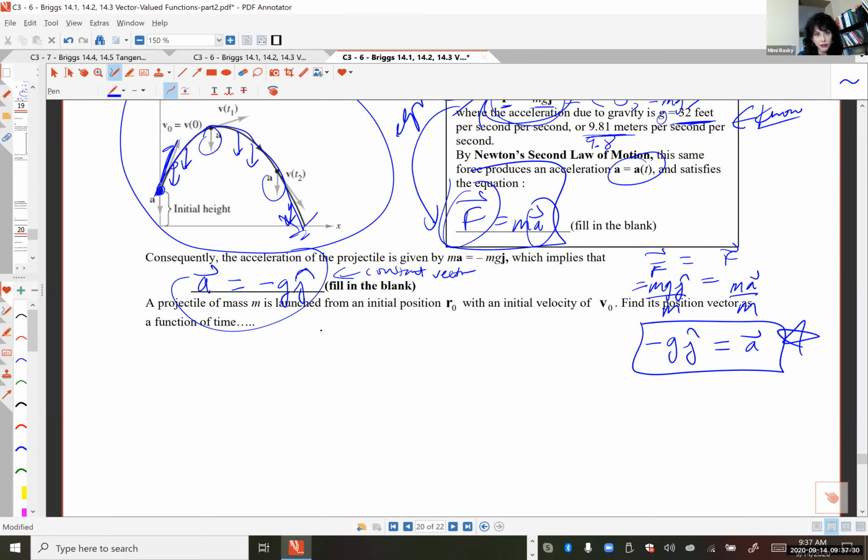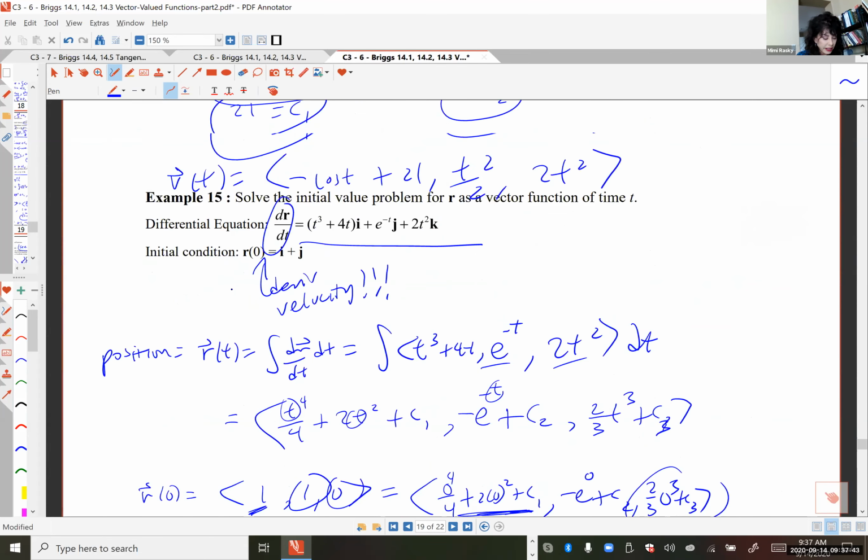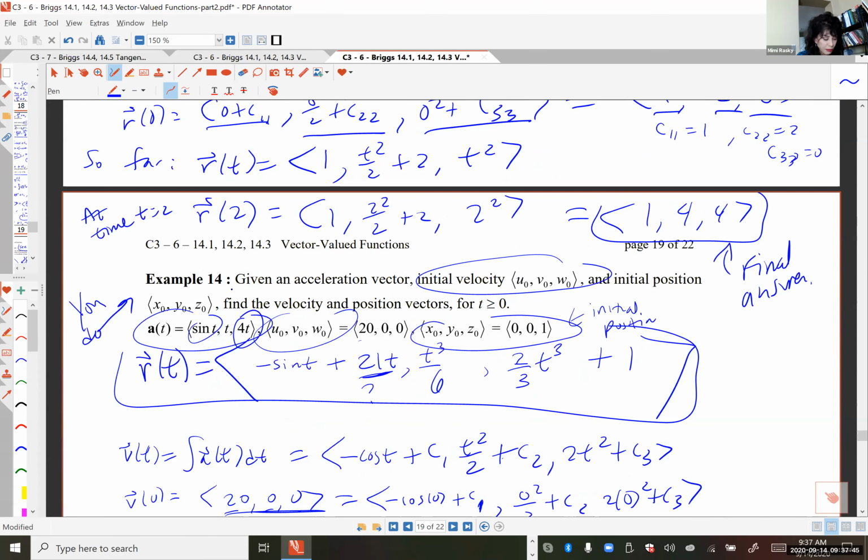And it's going to be a vector valued function. I don't care what they taught you in physics. Delete it from your brain cells. You're going to do it this way. I'm going to do the whole derivation, and we already did a similar process when I did this example way back here,